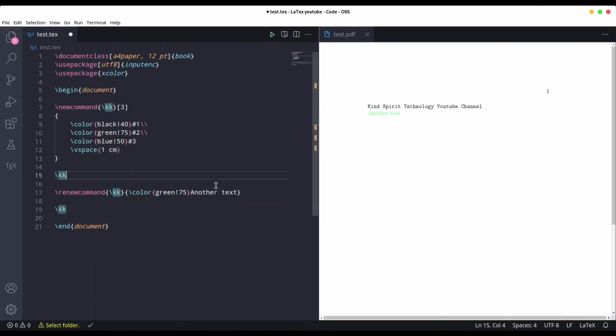But now when you call this command, you would have to provide 3 arguments. So I'm going to provide some text in here, something like this. But now when you do renewcommand for a command that has actual arguments, you have to provide the number of arguments in here. And